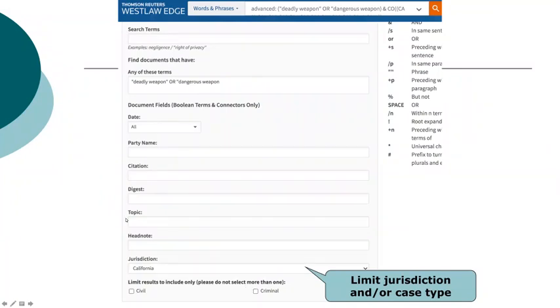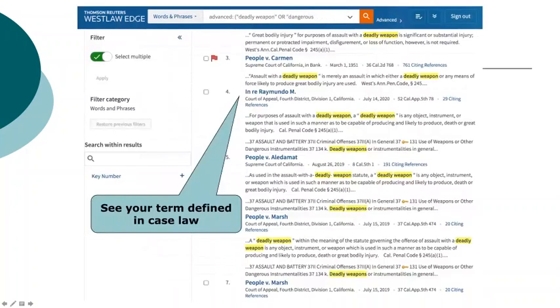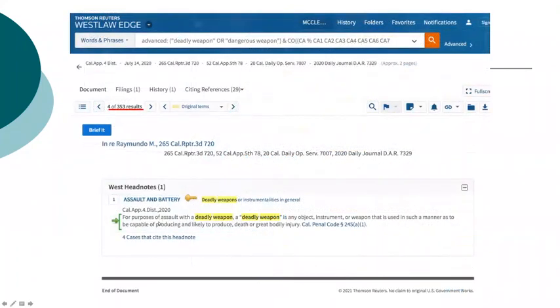So not only are you getting a definition, you're getting a definition in California case law, and you're seeing references to the California Penal Code as well, which is where the judges are deriving their definitions from. Still also a really simple definition, and it is kind of circular because this happens to be something with a little bit of a circular definition, but it tells you where in the penal code you would go to look for